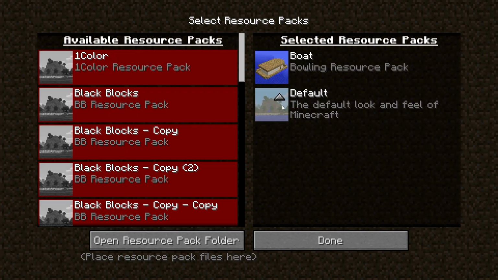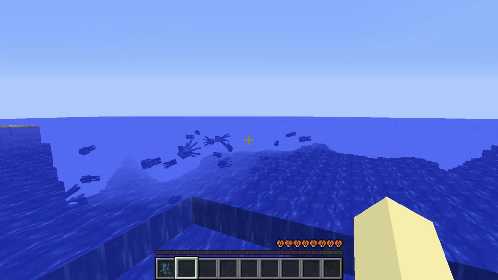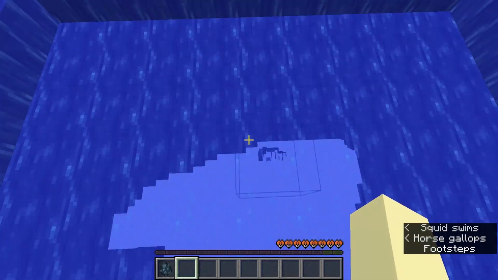Oh, and yeah, the resource pack has its own little icon, but that's just a cool feature. Well, not feature, but just a cool little thing. Yeah, that's part of it. It has a little icon. But yeah. So on to the tutorial, and